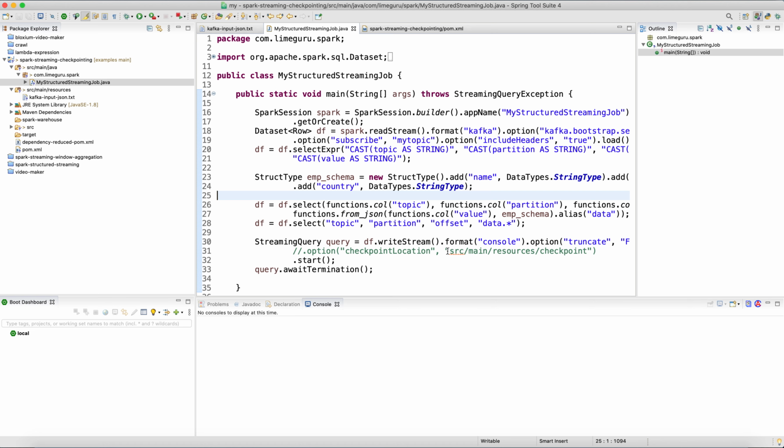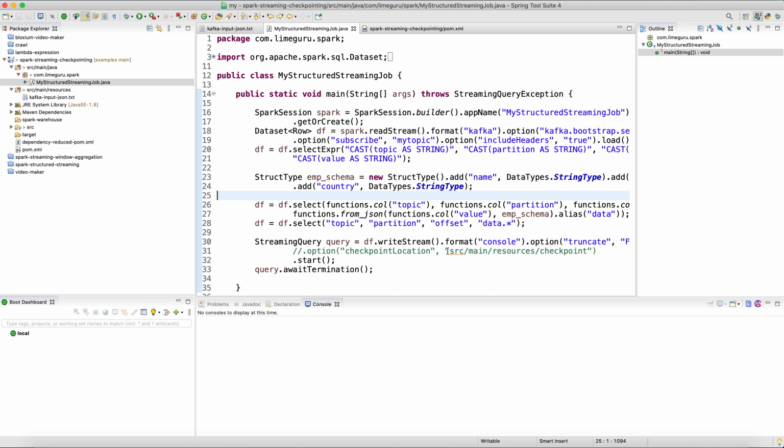In this session we are going to learn how you can implement checkpointing in your Spark streaming job. Checkpointing is helpful when you want to implement failover scenarios in your Spark job. You want to have fault tolerance, that is, whenever your Spark job goes down, any streaming messages which get lost should not be lost. Your Spark job should be able to recover those messages, and that is the fault tolerance feature which you can enable using checkpointing in Spark.